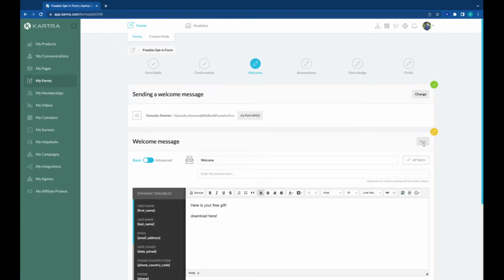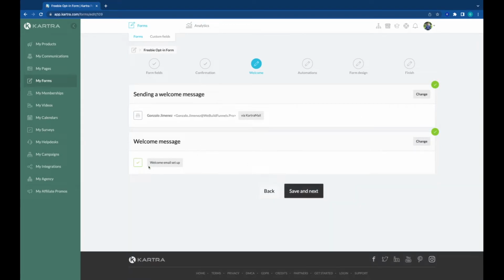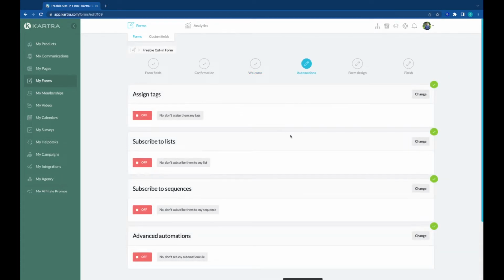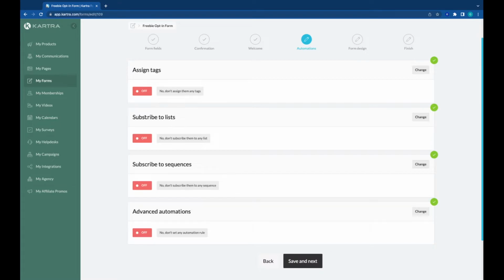Then save. So this is the email that people will get right after they subscribe. Now, if you want to, you could create this welcome email on an email sequence. The main advantage of doing it on an email sequence is that you will get analytics like how many people open the email, how many people click the email, and those kinds of things. But if you're in a hurry and if you want to do something quicker, this is the easiest way to create an email. Then you can go save and next, and then you can assign tags, you can subscribe to